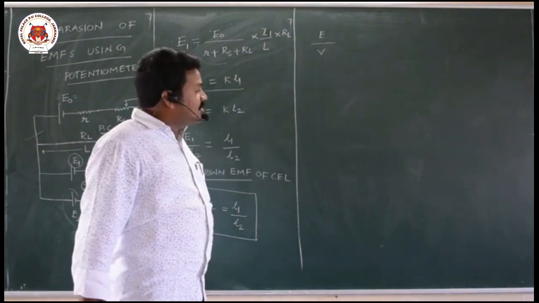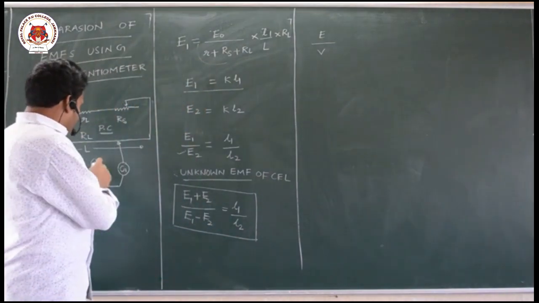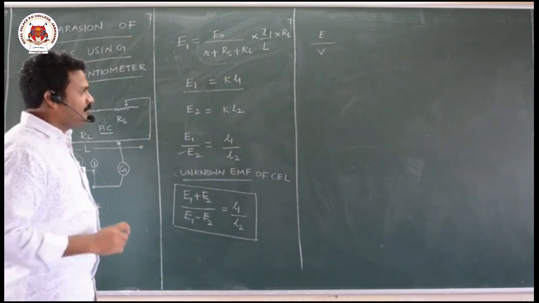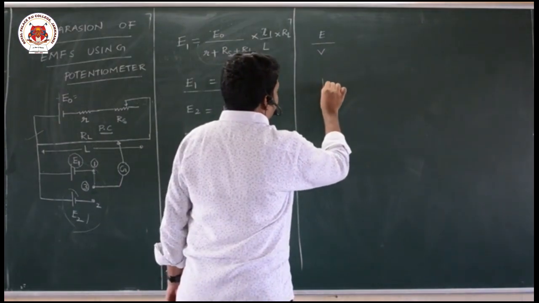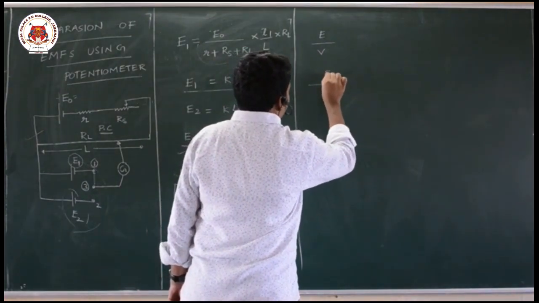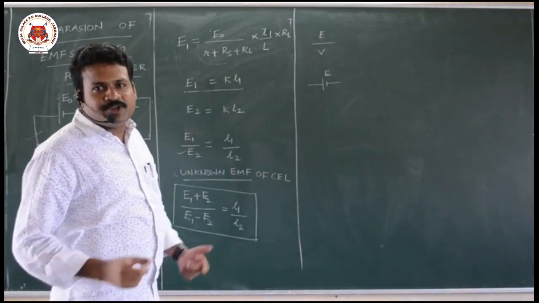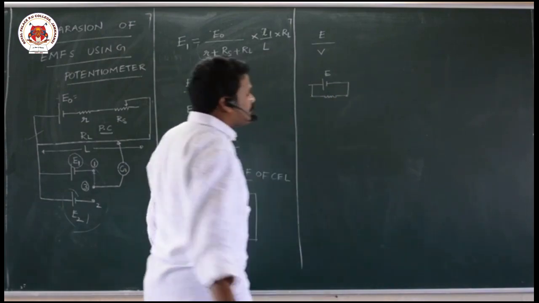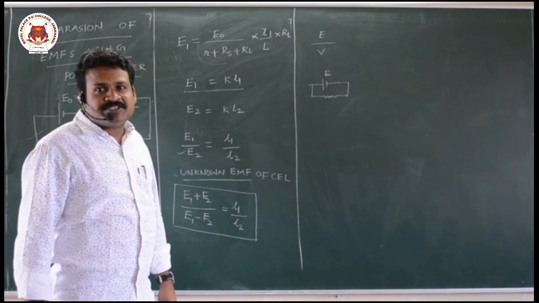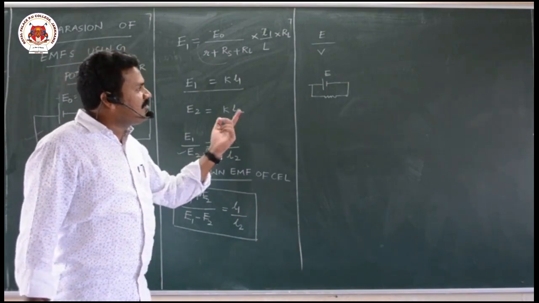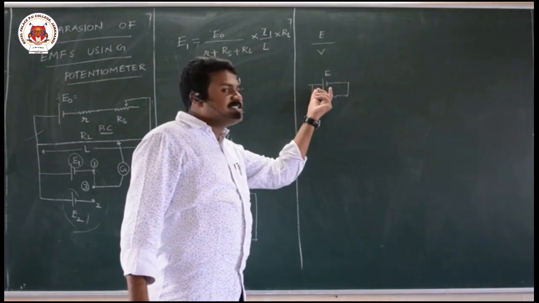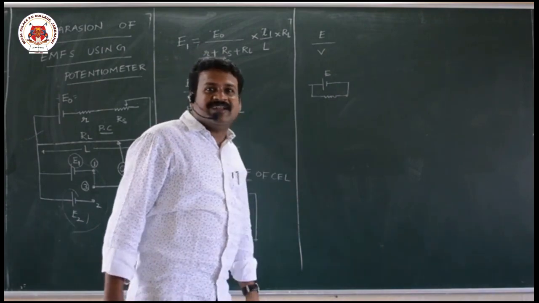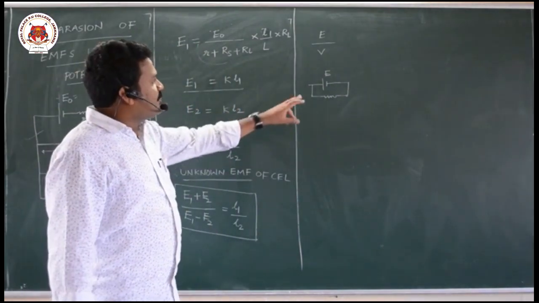Because of that we measured EMF. Suppose we connect a battery to that cell, and let us consider in the secondary circuit there is an EMF E. First time I measured without using a resistor. Suppose I connect one resistor, what happens? The resistor draws current. So once the resistor draws current, what am I going to measure across the cell? I am going to measure the potential difference. Based on that we can find the internal resistance of the cell. This is the principle we can use.